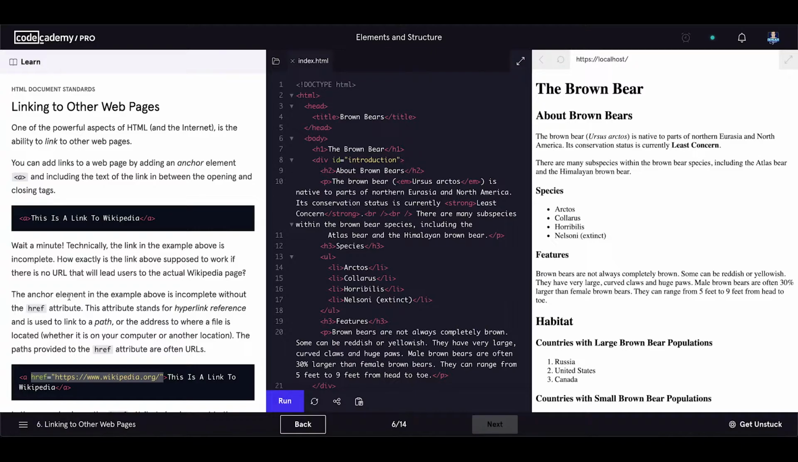The anchor element in the example above is incomplete without the href attribute, just like I said in one of the previous lessons. This attribute stands for hyperlink reference and is used to link to a path or the address to where a file is located, whether it is on your computer or another location. Paths provided to the href attribute are often URLs,